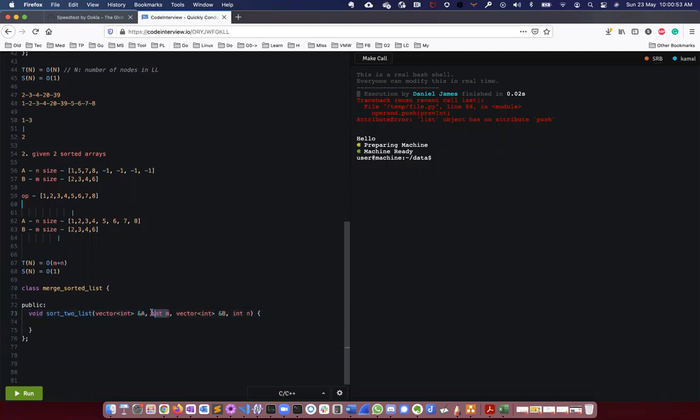That's why I'm taking care of M, and also the size of N as input. Okay. I mean, the size of A itself will tell you the size. Right. Okay, let's remove this. We can figure it out anyway. So you can assume it's all written.